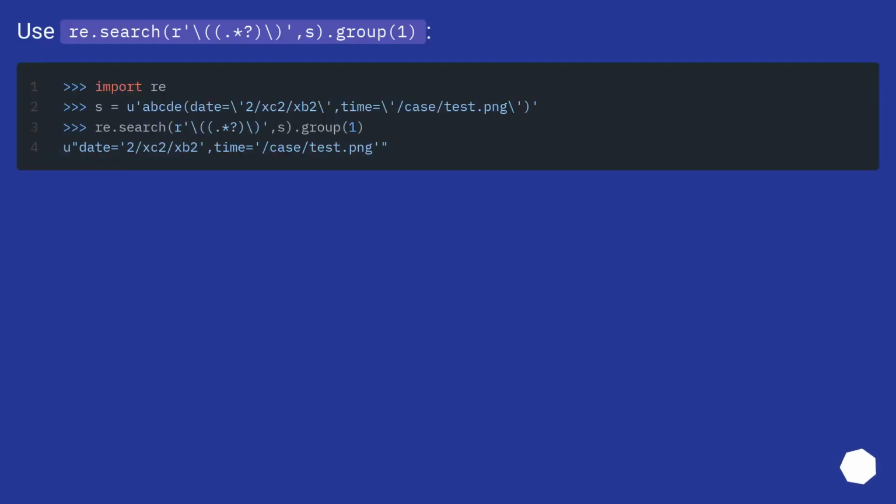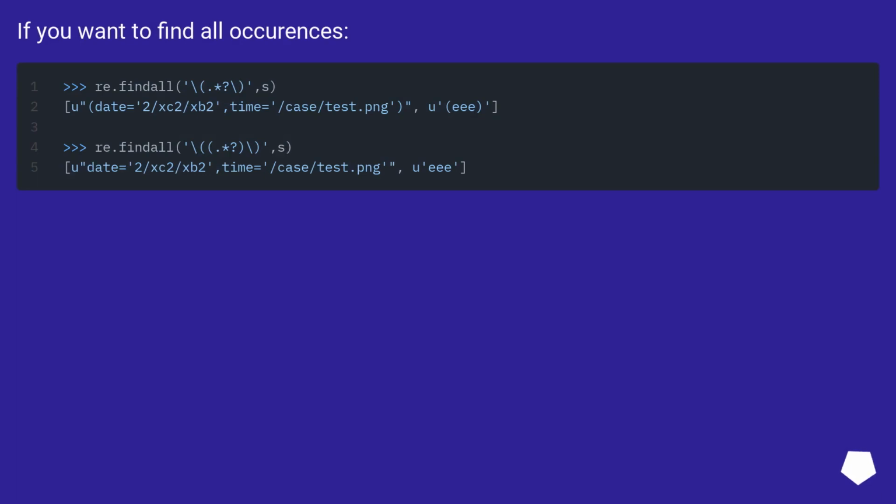Use re.search or r'\((.*?)\)\s' .group(1). If you want to find all occurrences,